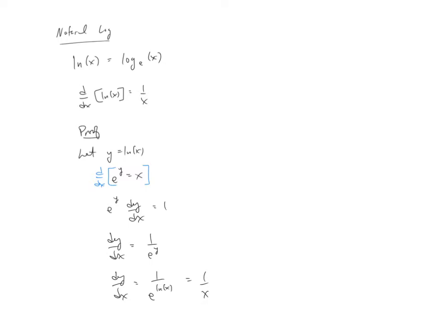But even more importantly, it allows me now to circle back and show you why the derivative with respect to x of e to the x is e to the x. Okay, so to prove this one, we're going to let y equal e to the x, and now we're going to convert this into its logarithmic form, which would be the natural log of y equals x. And then we're essentially going to do the same thing we did a moment ago. I'm going to d/dx both sides,